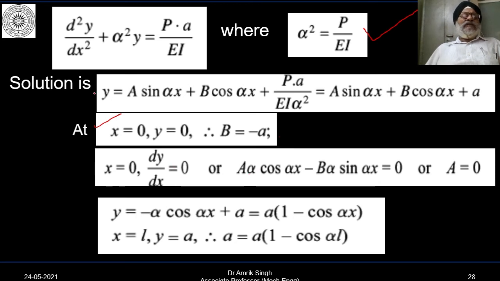So you can differentiate this. It will be dy by dx equals a cos alpha x into alpha, so this term will come. Similarly, the differentiation will be this thing, and here this is a constant, so it will be 0. By putting these boundary conditions, you will get a is equal to 0. And similarly, y is equal to this. So you have put b is equal to minus a and a is equal to 0, so you got this value.